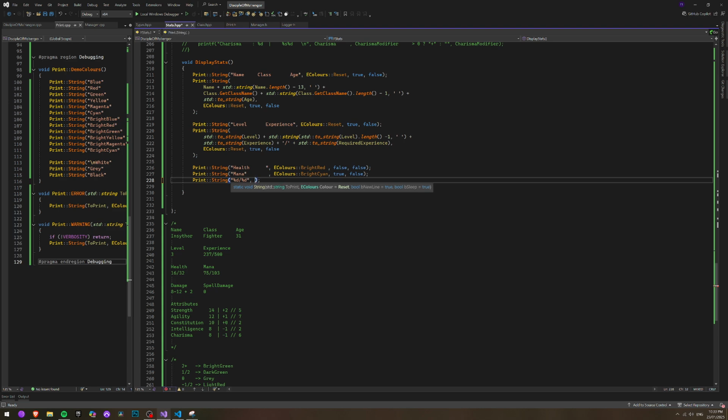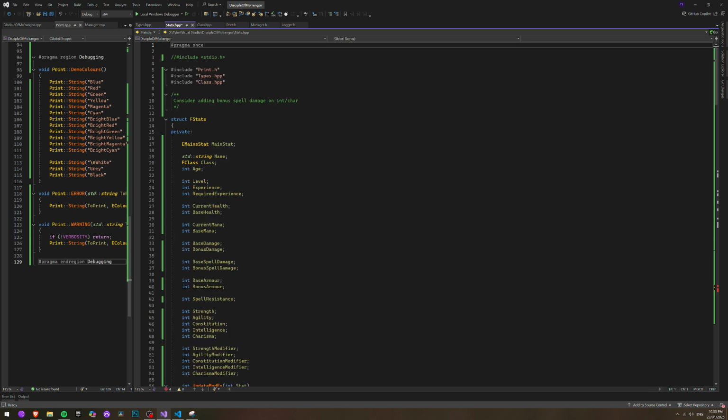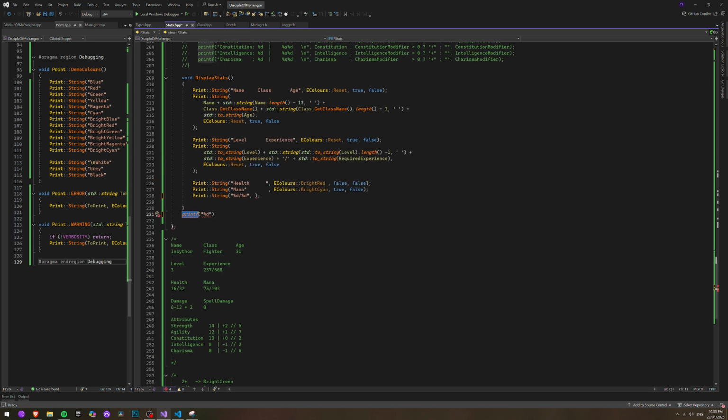Is that how do I pass arguments like this, if I type printf, if I F12 this, if I F12 printf,